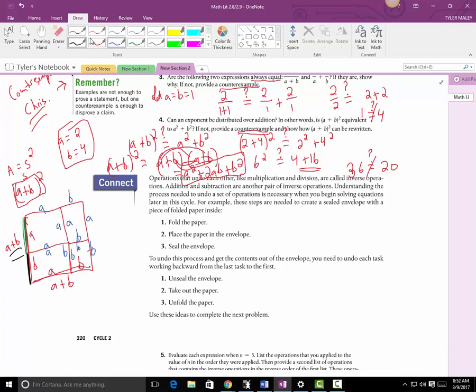All right, so then I could find the area of each square and then add them up, and that would be equal to the total area, right? So if I have a square that's A times A, this would be an area of A squared, right? This one is A times B, so AB. This square is B times A, so we could write that as BA or AB, right, using the commutative property. And then here, this is a B by B square, so the area of that would be B squared, right? So if I add up all of these areas together, then I will get A squared plus 2AB plus B